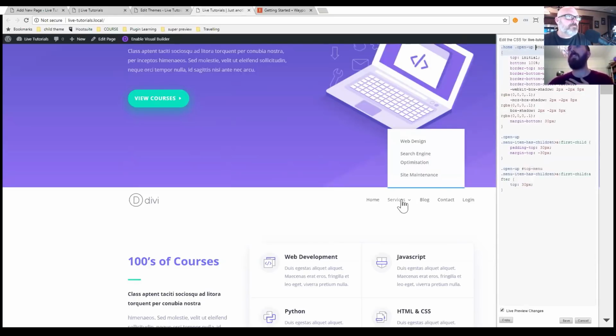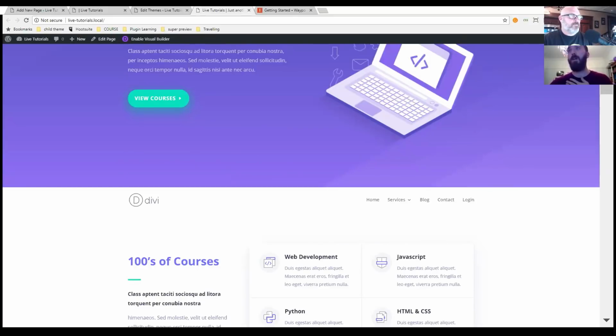And what that will effectively do now is only apply this CSS styling to make this appear upwards as and when that open up class is there. So at the moment, that open up class is always there because we've added it via jQuery using the add class